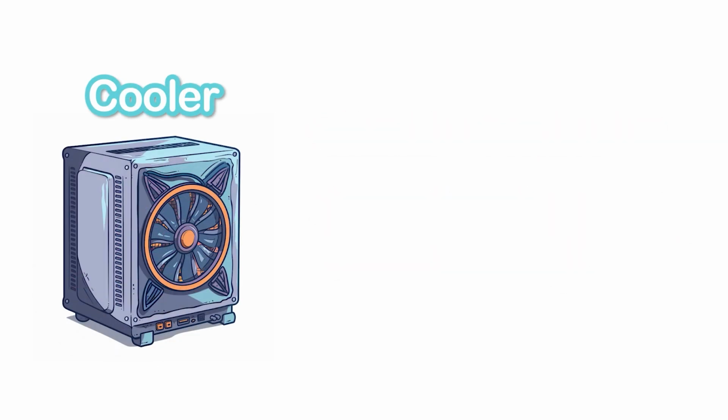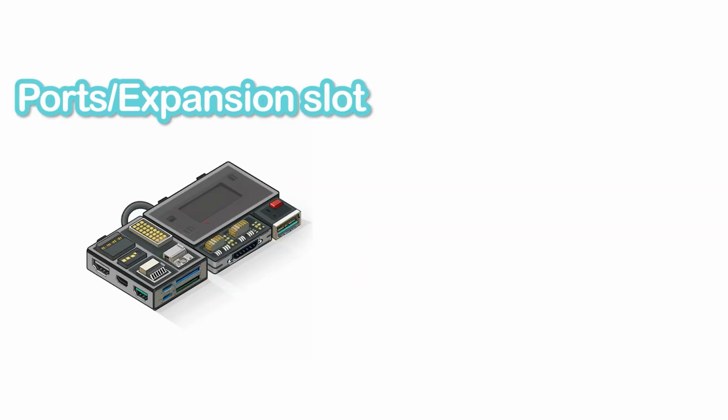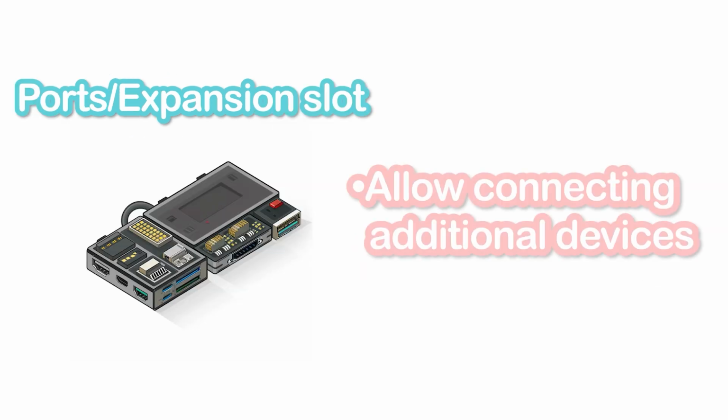Cooling system. Computers generate heat while they operate, so they need cooling systems like fans or liquid coolers to keep the components from overheating. Ports and expansion slots. These allow you to connect additional devices to your computer, such as USB drives, printers, and external monitors. Expansion slots on the motherboard let you add extra components, like additional graphics cards,